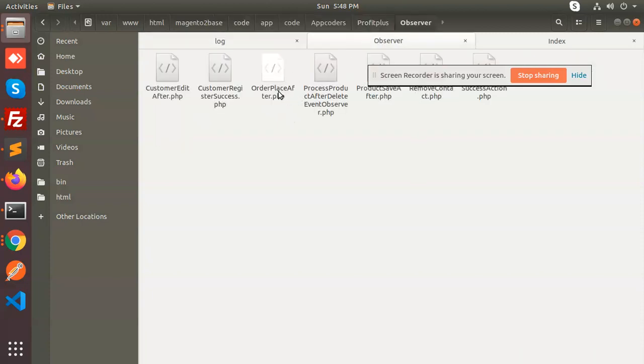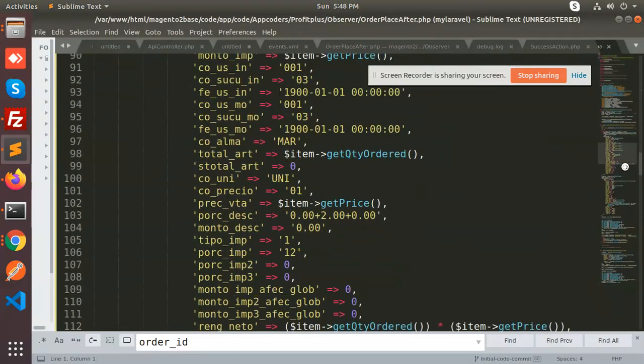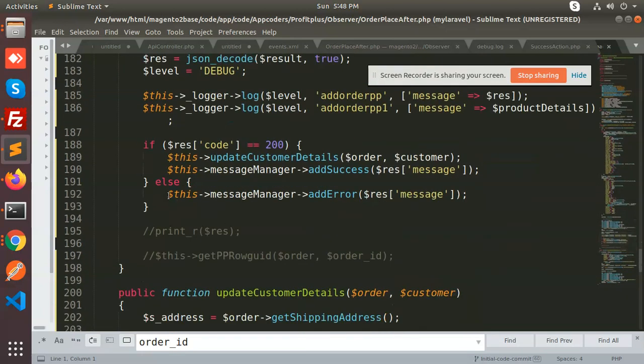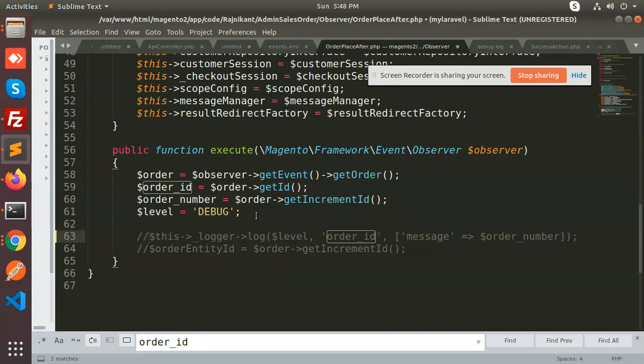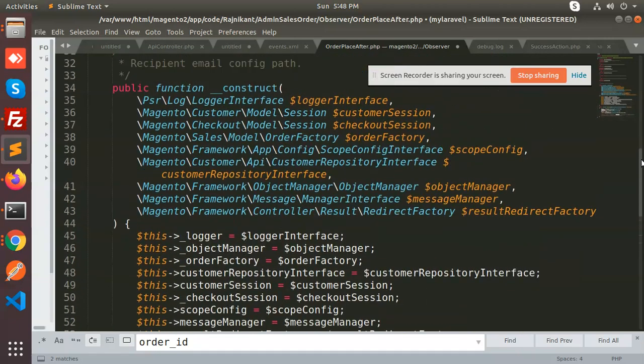In the observer we have the order place after message manager. I think we have the message manager, this message manager, add success message. Let's add one message over here, and let's remove all this stuff and add the message over here. Just a simple add success message. Is this message manager defined?